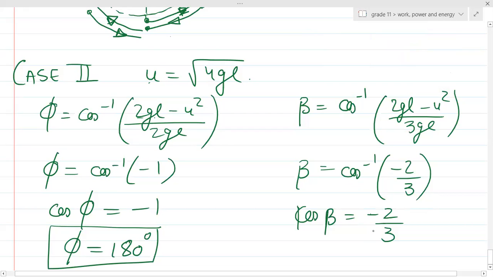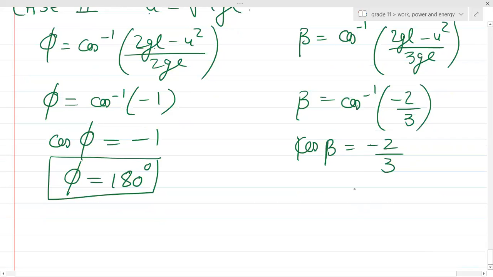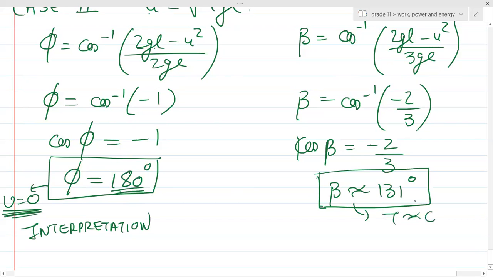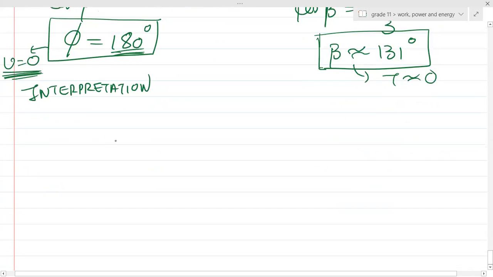When you find the value of cos inverse of -2/3 using a calculator, you will find that this angle beta is approximately equal to 131 degrees. And now, sir, what is the interpretation of this result? The interpretation is simple. See over here, what was this phi? Phi is basically the angle where v is 0. So the velocity will be 0 at 180 degrees. But can you see the tension is becoming 0 at 131 degrees, right? It means that